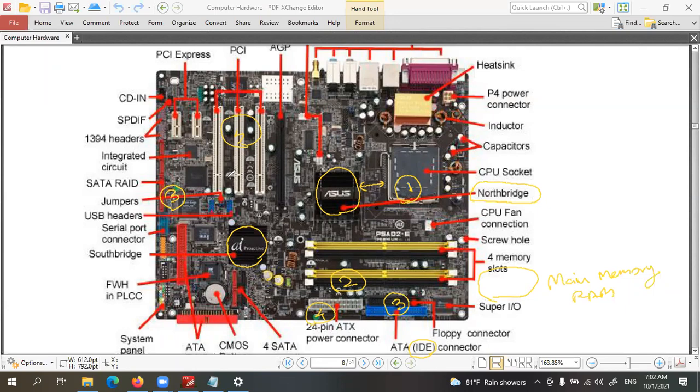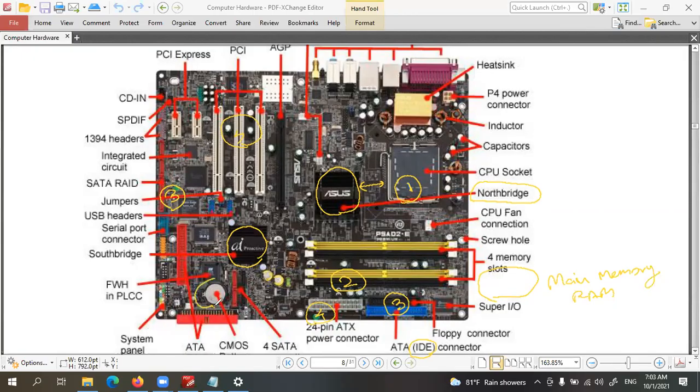Like if you are going to connect an additional VGA graphic card, additional sound card, network card, those circuits can be connected using these PCI slots.